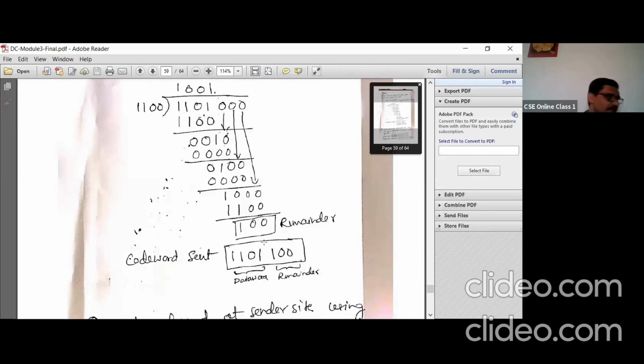The second case: take an error in any one bit, it may be the first bit or last bit, any bit. Make that bit either 0 or 1, then perform the division operation and check what syndrome you get. Obviously, we'll get a non-zero syndrome, detecting the error. So that is an assignment.